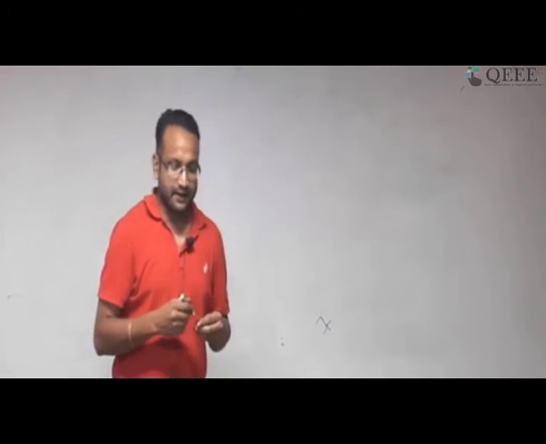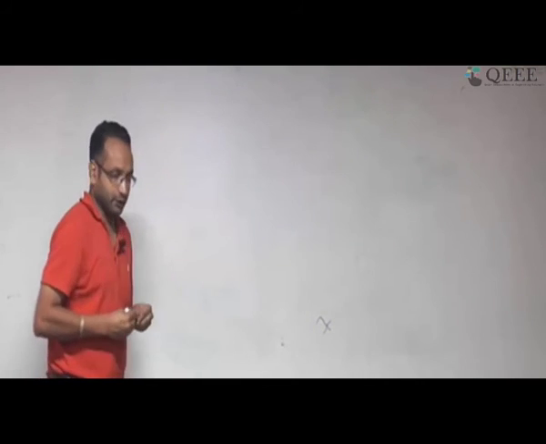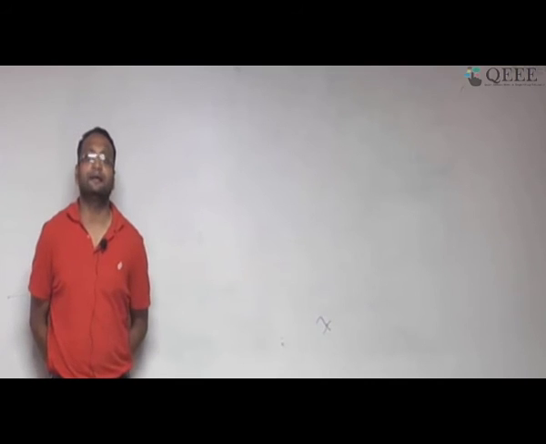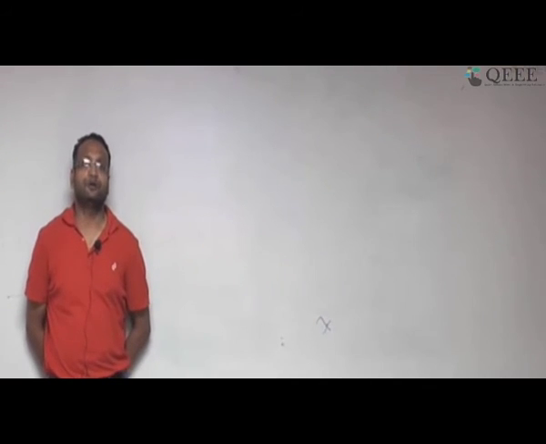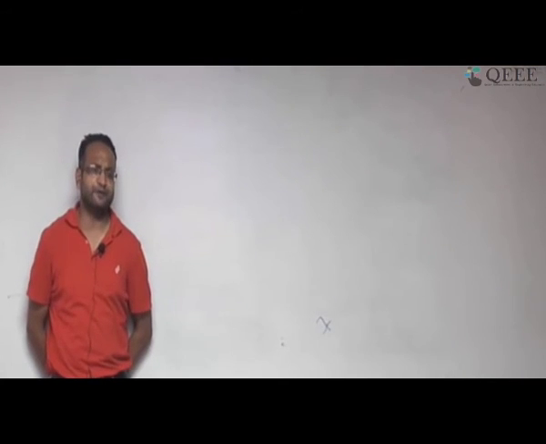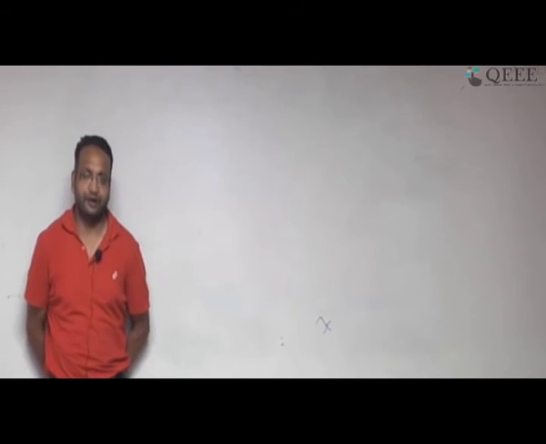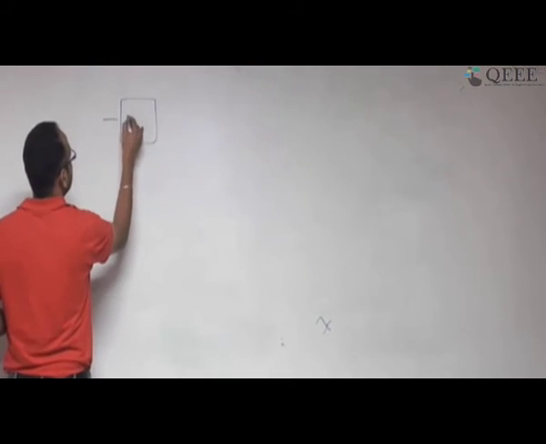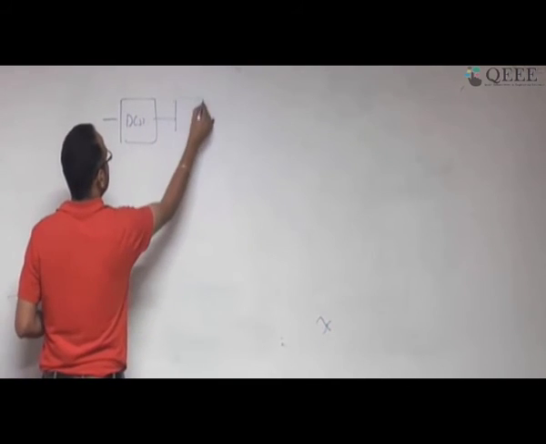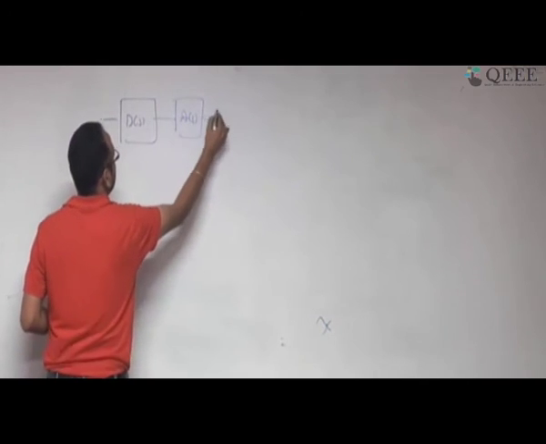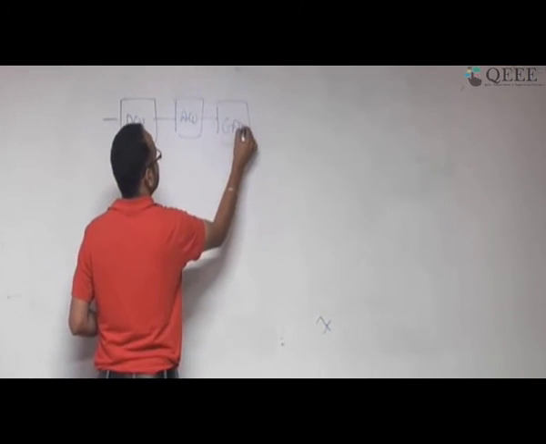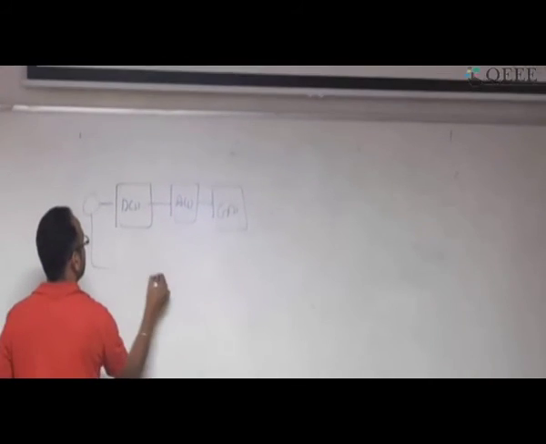Okay. Now next I wanted to explain the different controllers, because this is the objective of this module: to look at the dynamic response of the system, how it is behaving under the influence of different controllers. Okay. So for that, if you remember, come back to this part again, E of S, R of S, E of S, how is it coming? Okay, H of S.